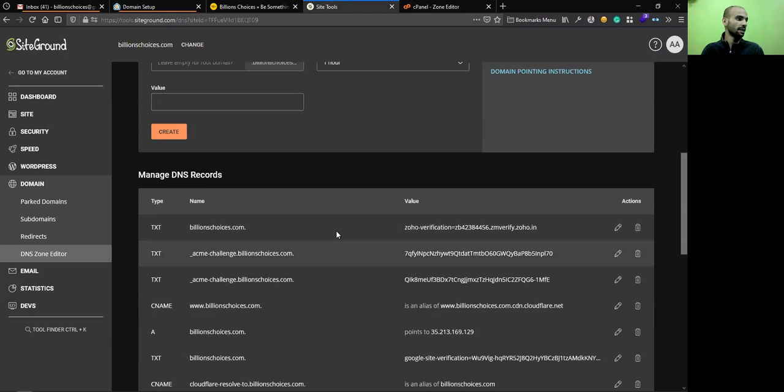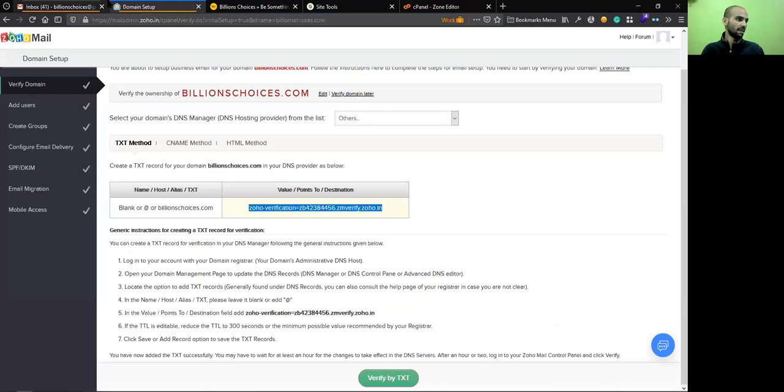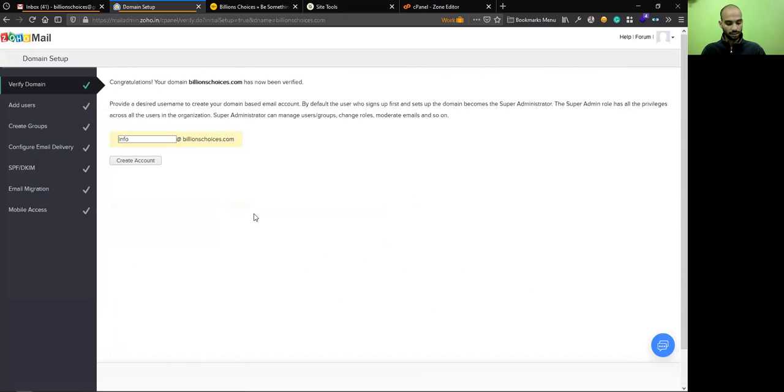Let's just go back, and now my domain should be verified. Just for clarity, it can take some time to get this verification process. If I click on verify by TXT, maybe it will not show me verified right now, because it takes time for the DNS to actually publish that detail to the worldwide web. So just take an example that if you are changing the DNS, it will take some time for everyone to know that your DNS has been changed, or there is something new added there. So here you can see that my domain is verified now,